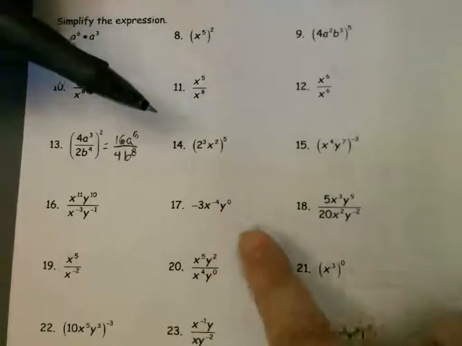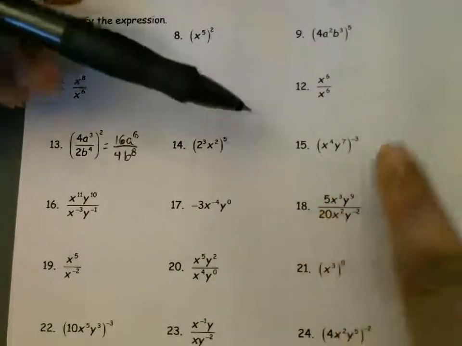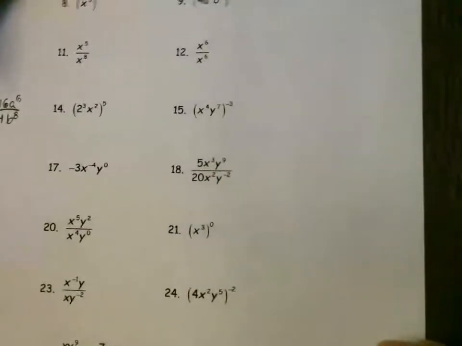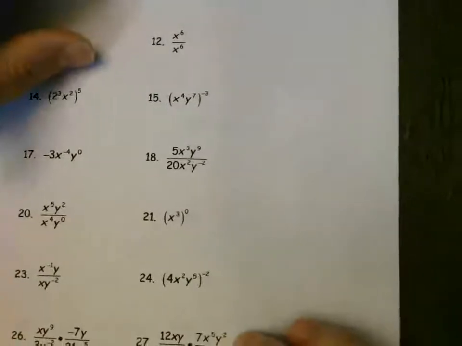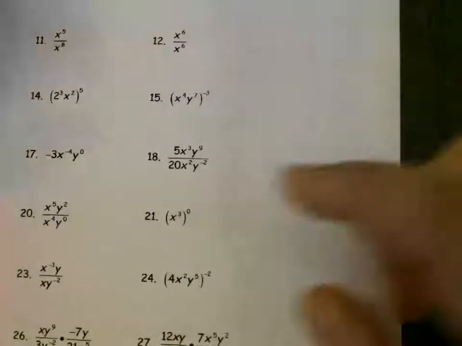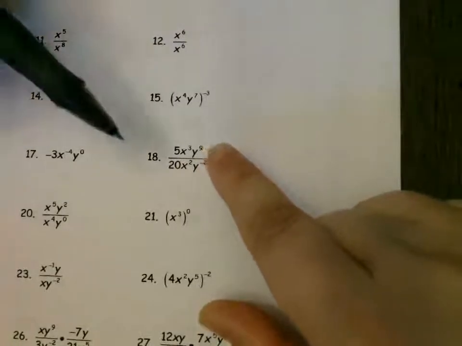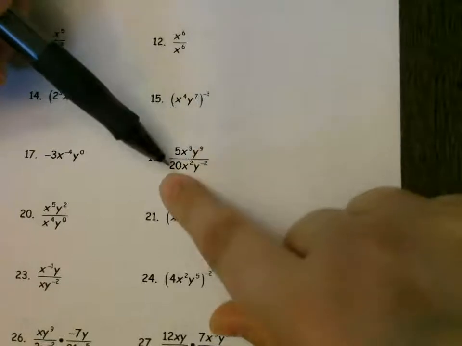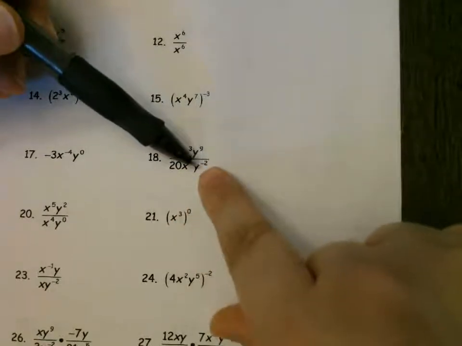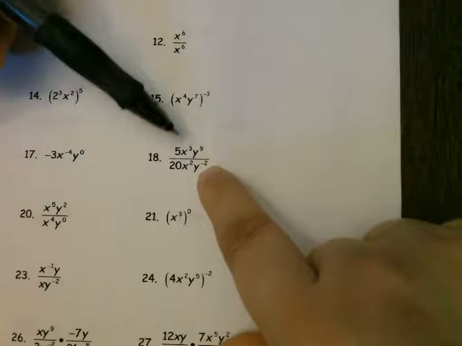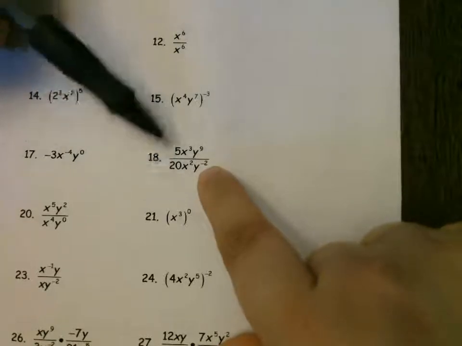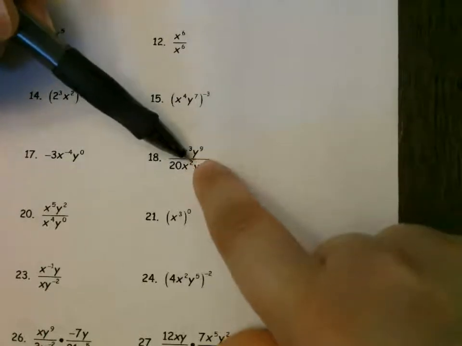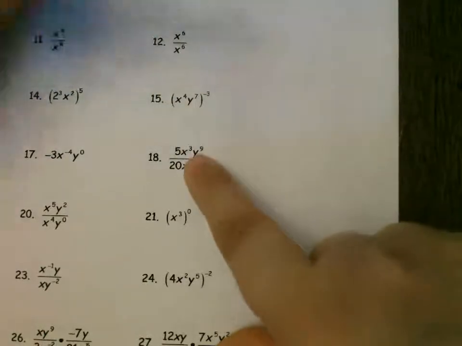All right, let's look and see if there's something else that I can show you. Aha, let's look at number 18, because I think number 18 is where we start to get a little confused. Because there's multiple pieces. Now, if I'm looking at number 18, I've got 5x to the power of 3 times y to the power of 9. But then down here, I've got 20x to the power of 2 and y to the power of negative 2. Again, all this is the rule of quotients. So x to the power of 3 minus x to the power of 2. 3 minus 2 is 1, so we'll keep 5x